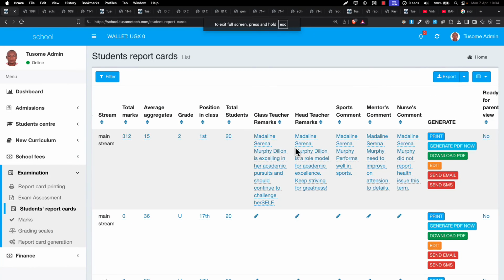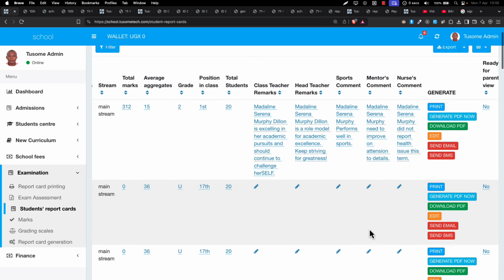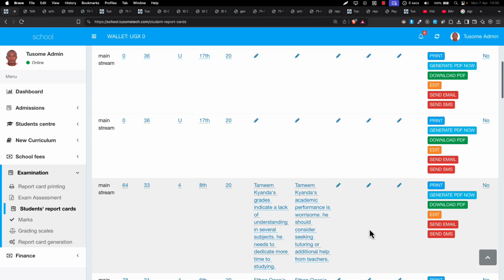In this session, I'm going to show you how you can generate the assessment sheets. Like you want to see the analysis of how students have performed or exam assessment. How do you do that? So after you've generated the report cards, after you've done all the steps that I've been showing you,